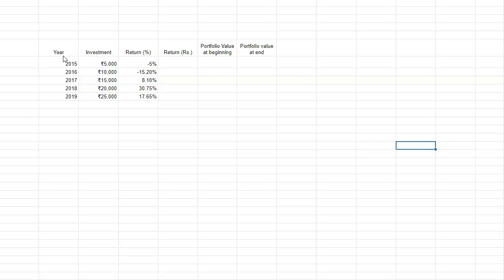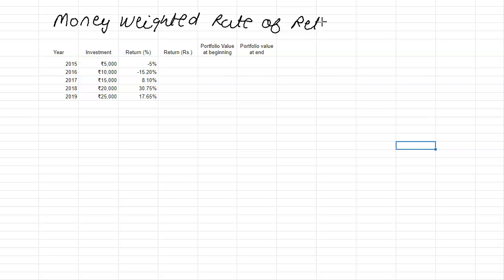The money weighted rate of return, right? We have the money weighted rate of return, which we can shorten to MWRR. Okay, one more time, MWRR. Now, MWRR is equal to